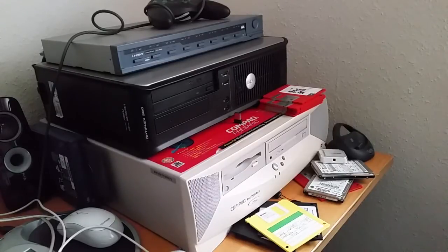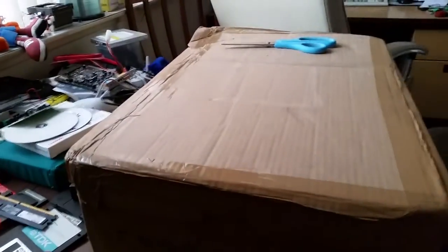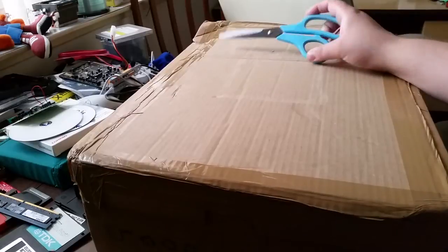So let's turn the attention now to the replacement for the media center. It's still in its box, and we're going to actually unbox it and set it up on this channel together. Now, I have a pair of scissors,